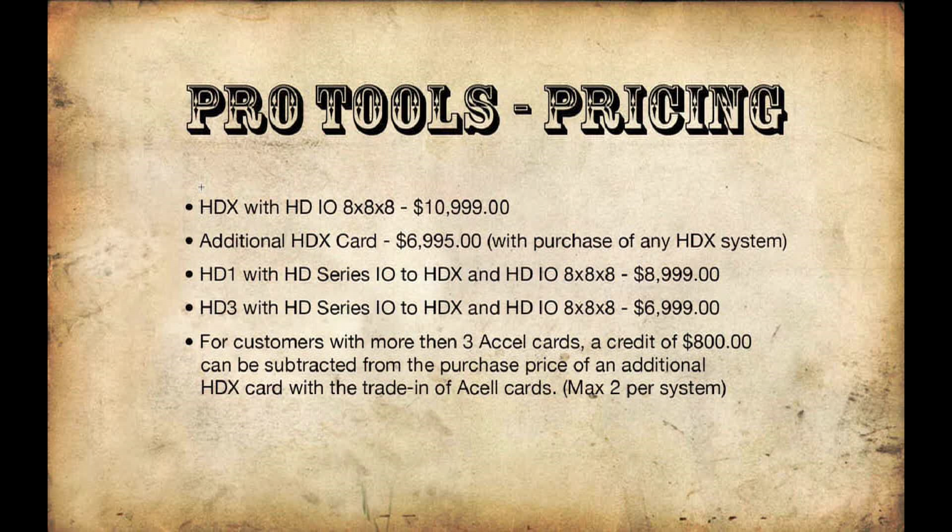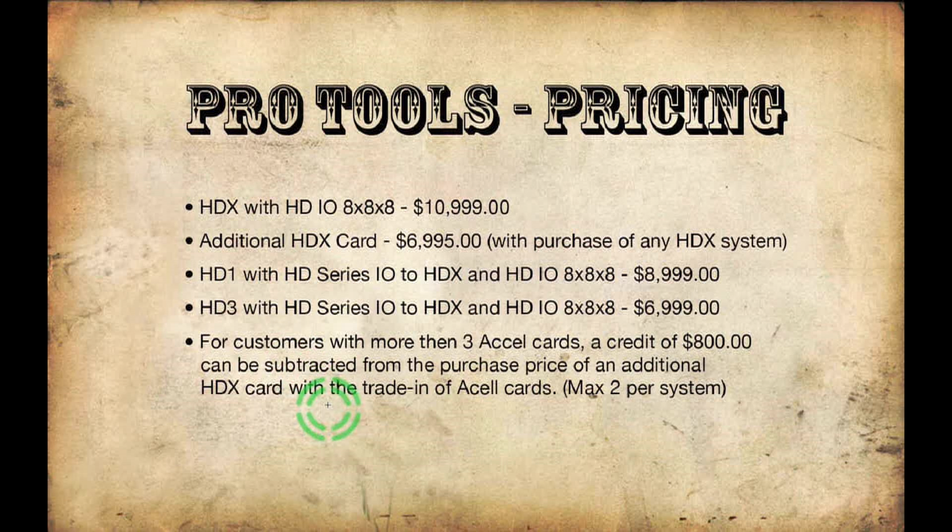This is where it gets a little confusing. I tried to spell it out the best that I could just so you have something to read. A lot of people out there have HD6s. They want to replace their HD6 with an HDX card. What you first do is do the fourth option right here. You trade in an HD3 and get your single HDX card in your HDIO. After that point, you'll have 3 additional Excel cards.